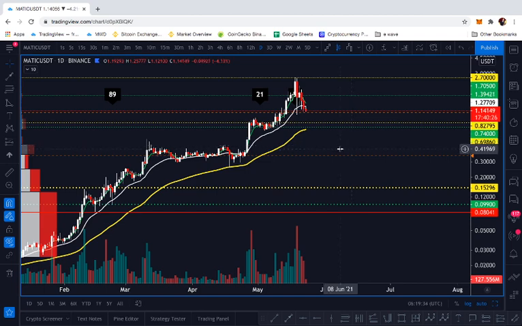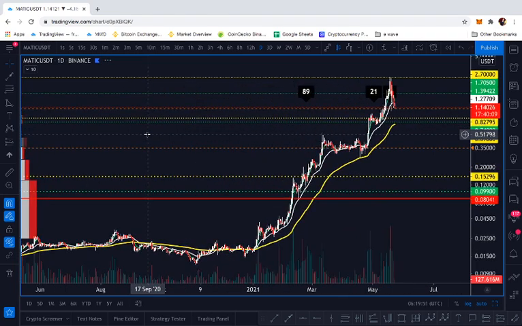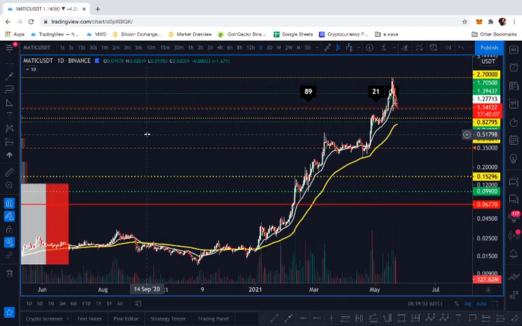So the next opportunity that we have here is on the daily chart. You see that the 89 here is still in trend. It's currently in the wave 3 of the 5. So do I have statistics on these numbers? Unfortunately, I don't, especially on MATIC. There's not that much data. But when it comes to the fractals of Elliott wave patterns, that's when we can really start understanding what the